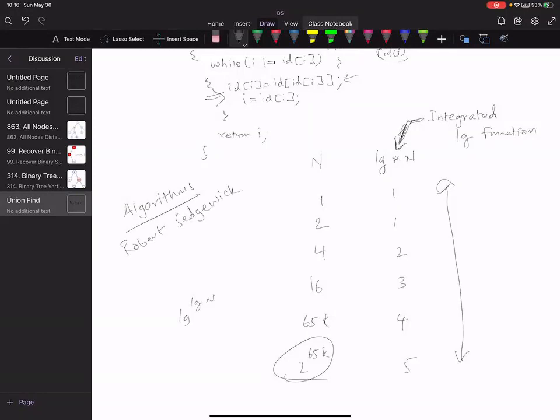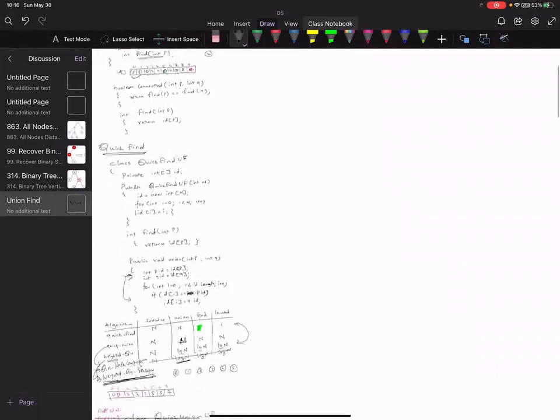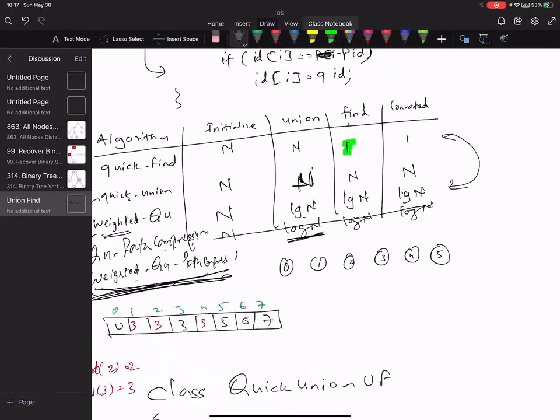And so if we implement this weighted quick union with path compression, basically it's kind of O of 1 that we can consider for all of our practical purposes. You know, this will be n, but this will be like O of 1. So union, find, and connected. So in the interview, if we just say O of 1, we don't need to explain everything.